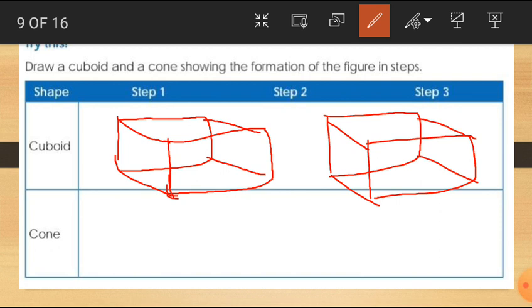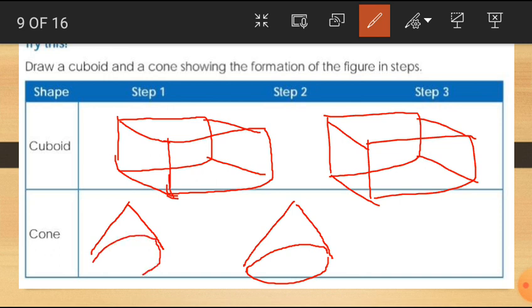Okay. Now, what about cone? First, you draw a triangle and then draw a circle just down here. Do you see? First, draw a triangle shape, not a full triangle. Only two slanting lines needed. Then draw the circle or circle shape here to show the cone. Okay children, like this. Okay, this is the way to draw a cone. So, everyone practice it. Okay dears.